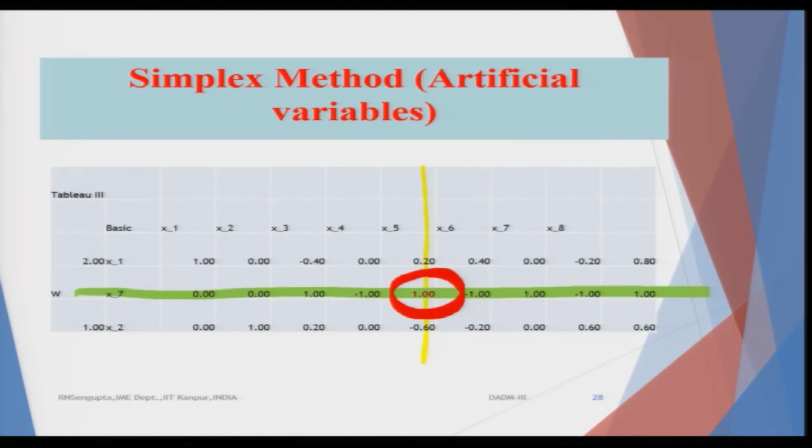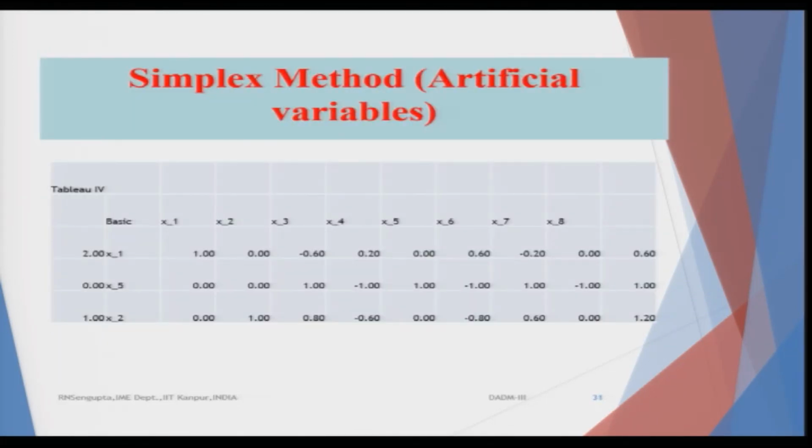Now, the moment the pivot row and column is decided, it means x5 will enter, that means one of the artificial variables will enter, and x7, which is one of the slacks and the surplus, will enter, and the artificial variable which was still existing in the solution, x7, will go out from the system. So, once we do that,